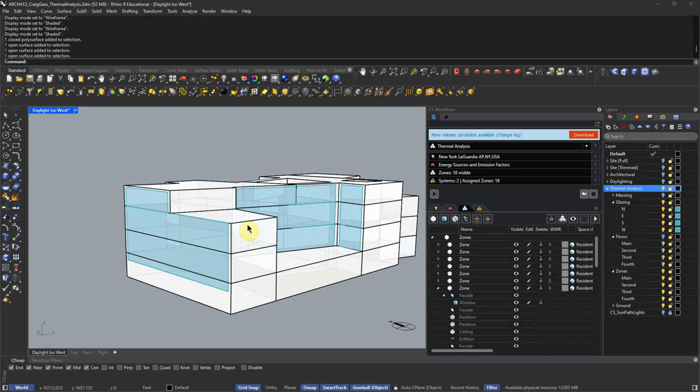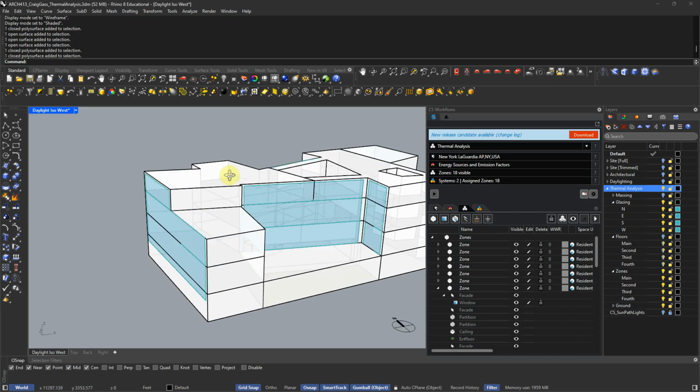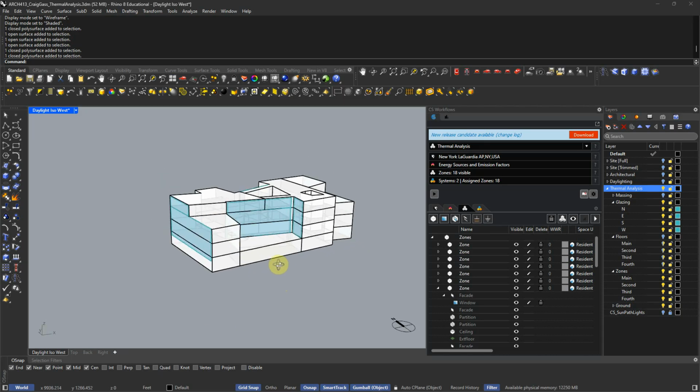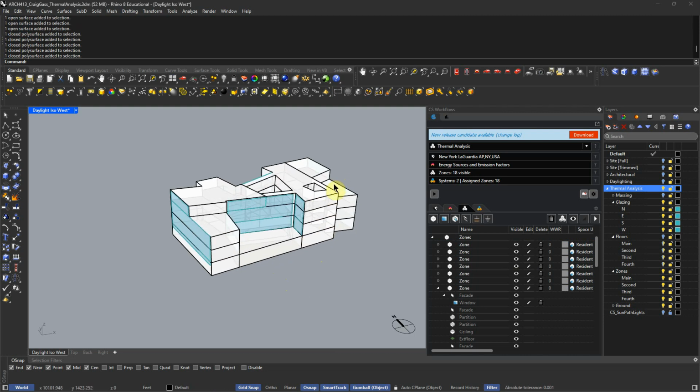Which makes sense, right? If this is a separate zone, then we can't have a piece of glazing going across two different zones because they have different properties, and we need that glazing to be dealing with the specific properties we've set for that zone. You're set and ready to go. These are all functioning. The glazing's in place. So I think you're completely